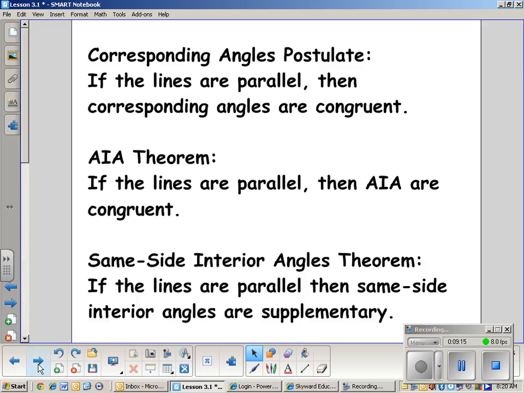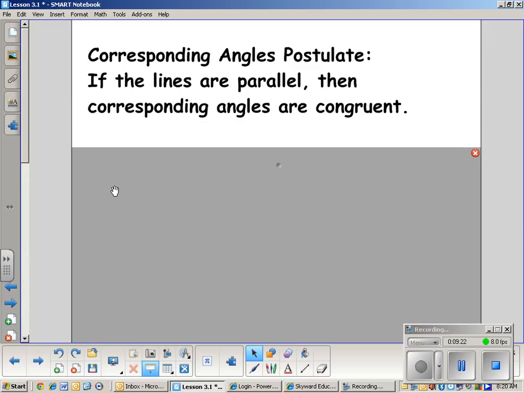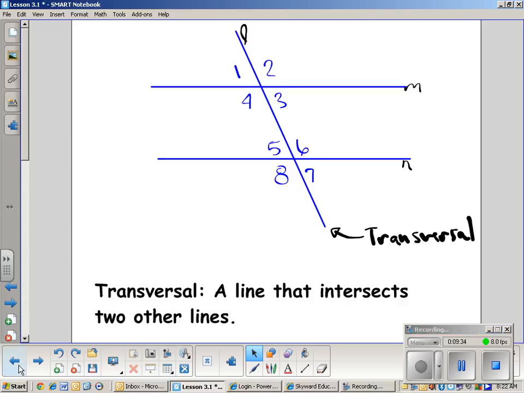Okay? The first one is the corresponding angles postulate. Corresponding angles postulate: if the lines are parallel, then corresponding angles are congruent. So if we go back to this picture, we said if these lines are parallel, the marks they use to show parallel would be,